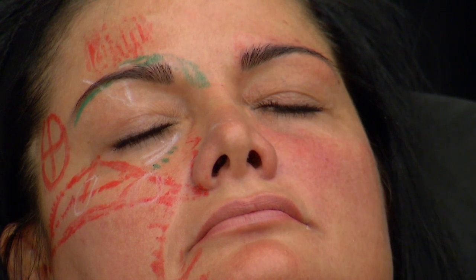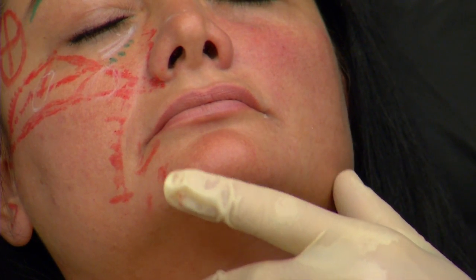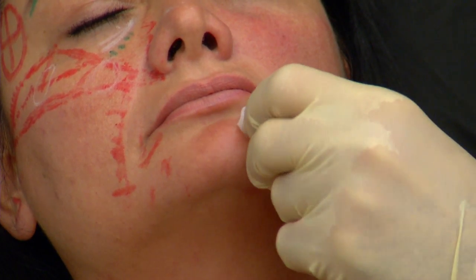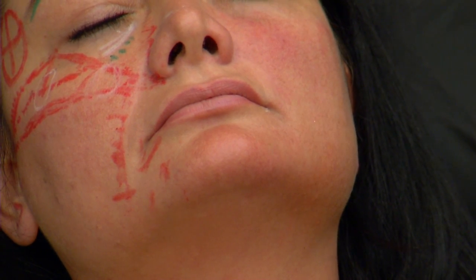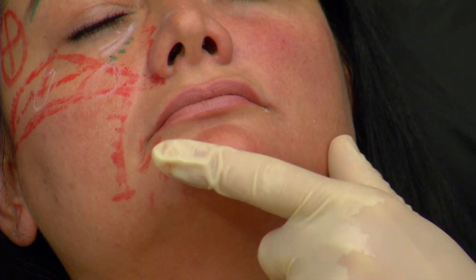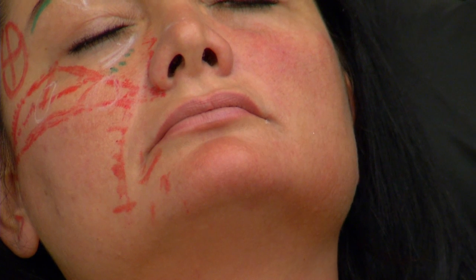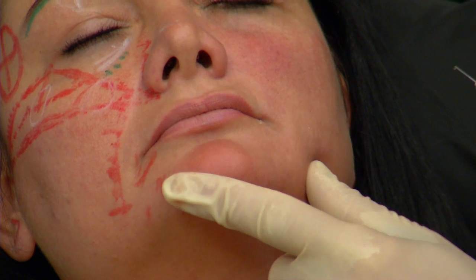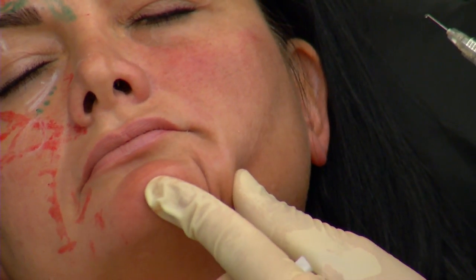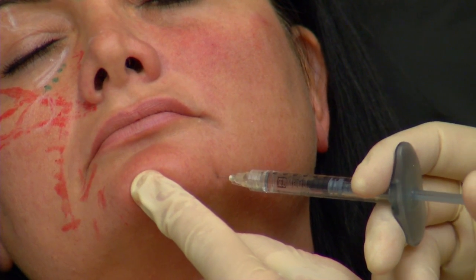Now, starting in the lower face, taking a look, she has a very nice jawline. So she has no post-auricular sulcus, nothing to inject there. Along the jawline, even though I want to improve the oral commissure, I will start lower down. And where to start? The injection is on the bone. What you can do is this little exercise to see where there's that crease on the bone, and slow